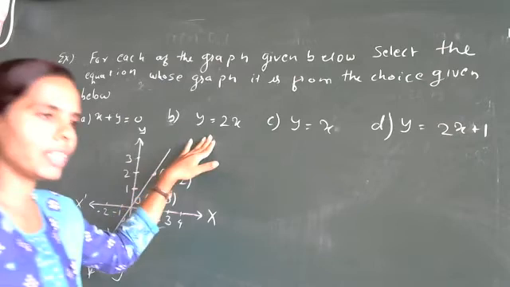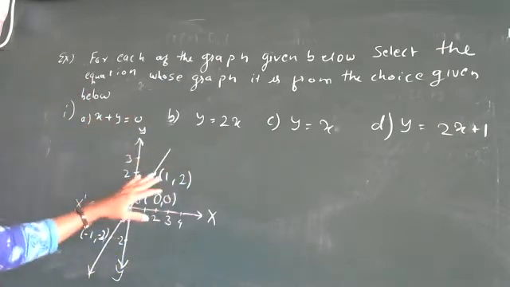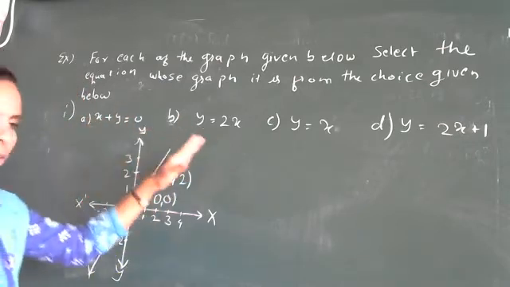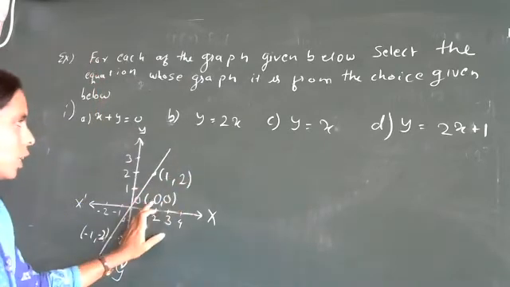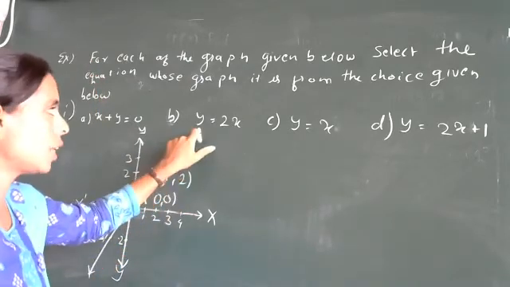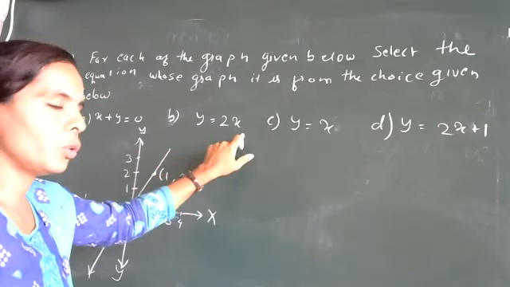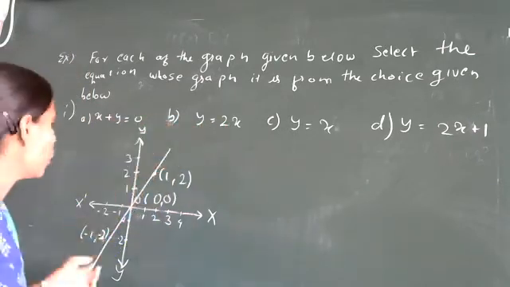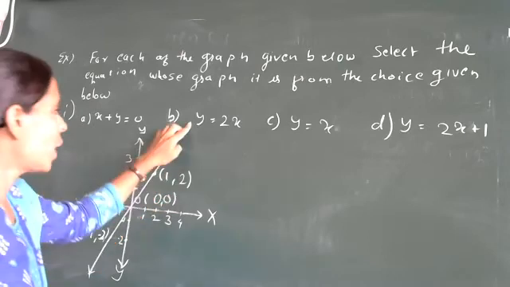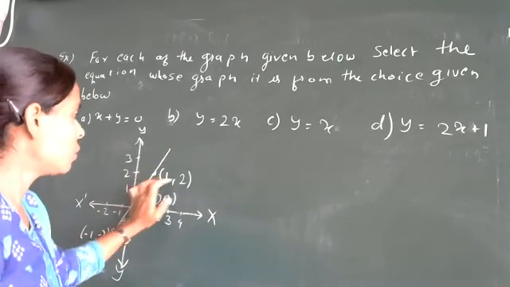Now we can go for the second one. When we are getting a wrong answer for any point, we will go for the next one. So here y is equal to 2x. When you put x as 0, it is correct, because y is equal to 2 into 0, which is again 0. So 0 equal to 0 is correct. For the second, here first we will take x.